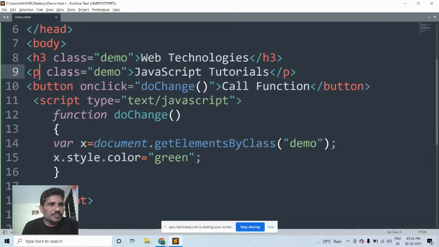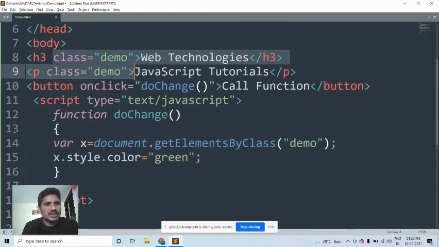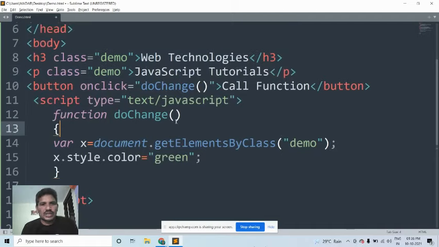The p paragraph element also has the class attribute demo. When you access it here, two elements will be accessible, because both elements have the attribute value demo. But how is it possible to access both elements?